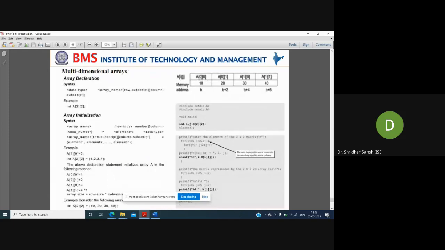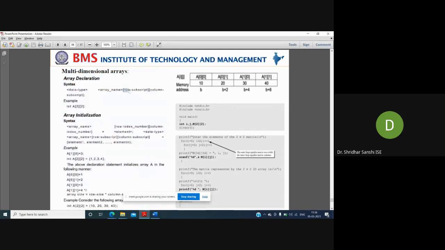You can see this is how you can declare a multi-dimensional array. This is the syntax for a two-dimensional array. Again, you specify the data type, followed by the array name, similar to a single-dimensional array.